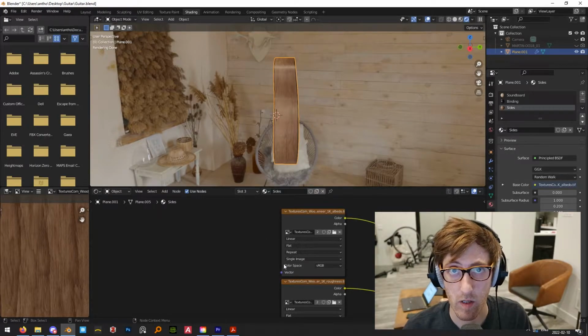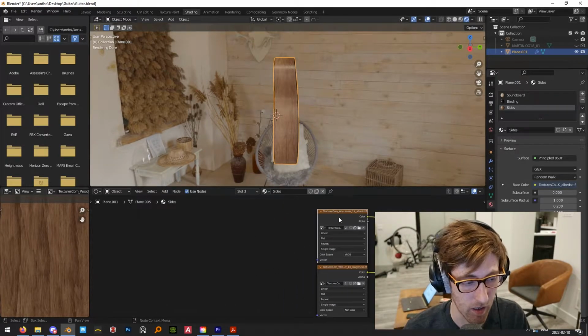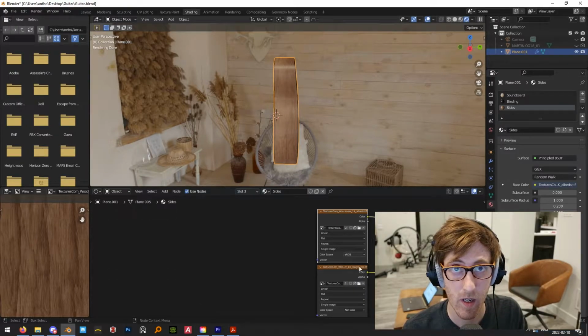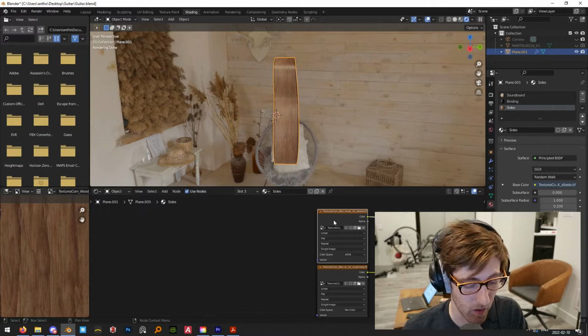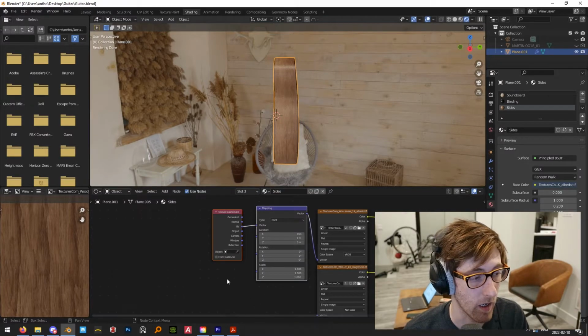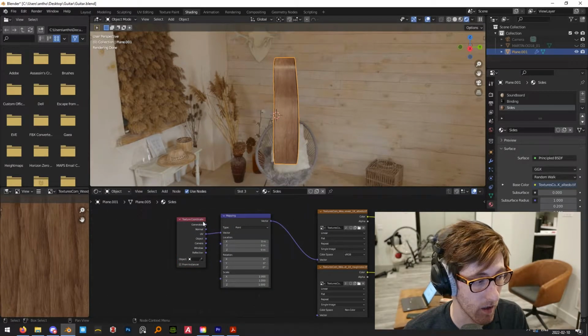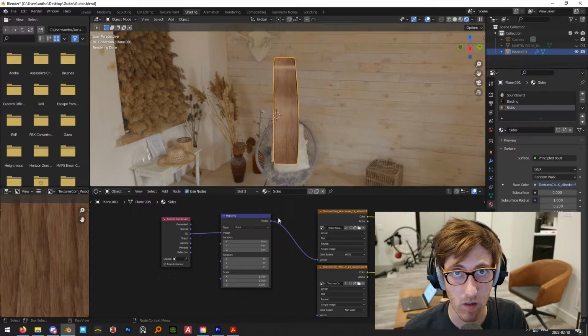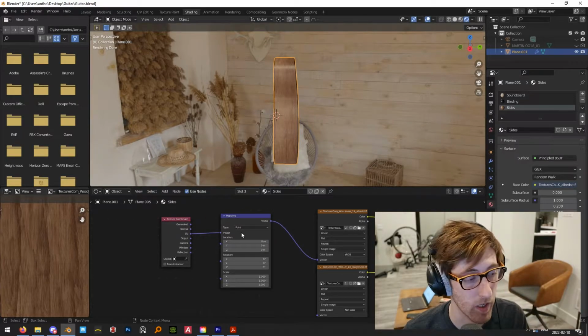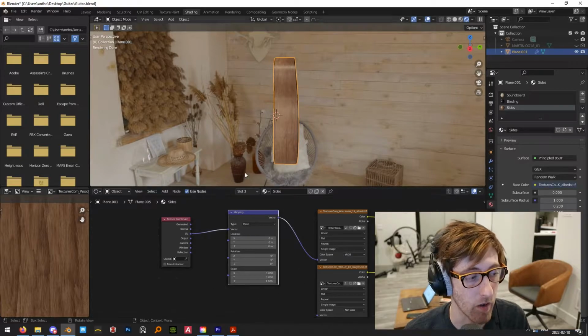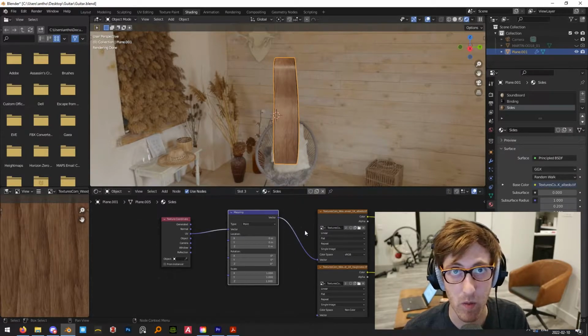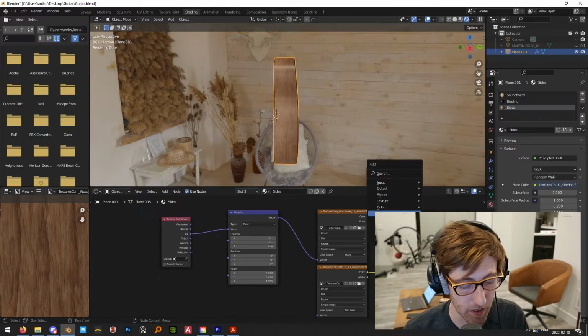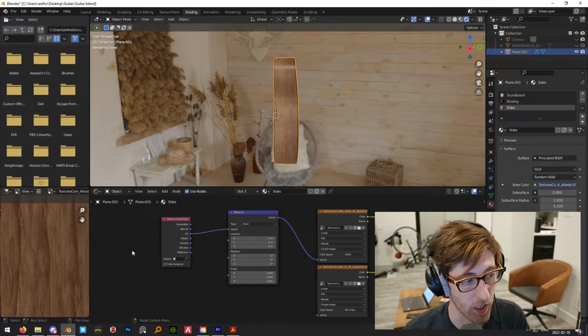Now the texture here is looking a little bit small. I'm going to select this top node here in the shader graph and hit Control T, and that will add in, as long as you have the node wrangler turned on, which was in the previous video, that will allow you to add this mapping vector pretty quickly and easily, but you can also just add them with Shift-A and look for a texture coordinate node